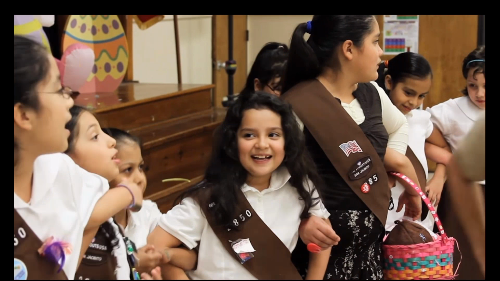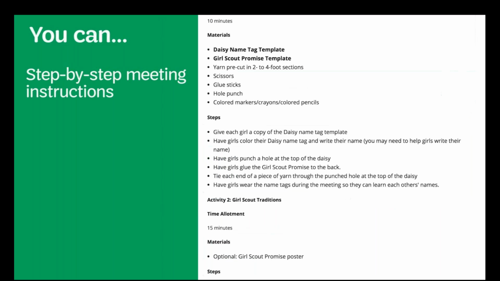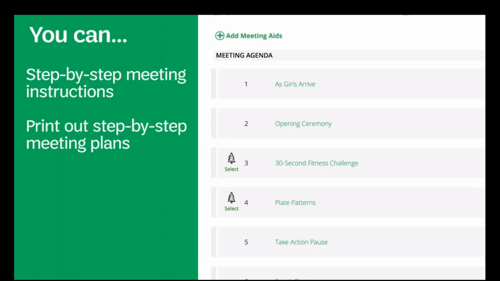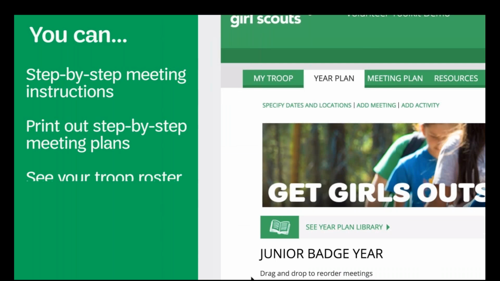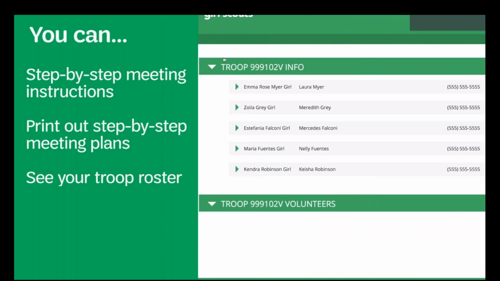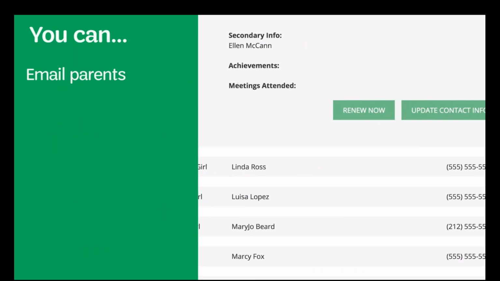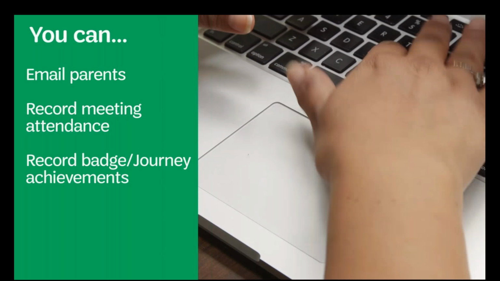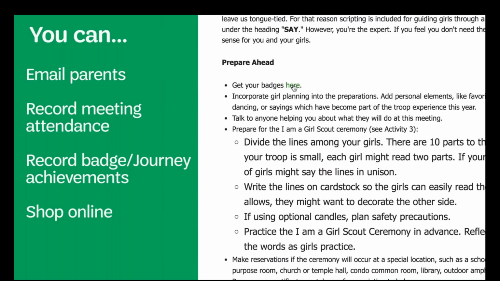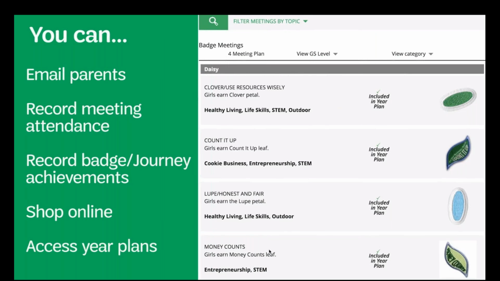With the Volunteer Toolkit, you can save planning time with step-by-step meeting instructions, print out step-by-step meeting plans for petals, badges, and journeys, see your troop roster, record troop finances, renew girls, email parents with one click, record meeting attendance, record badge journey achievements, follow links to shop online for badges and awards, access brand new year plans and badges